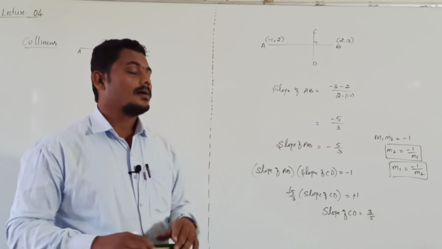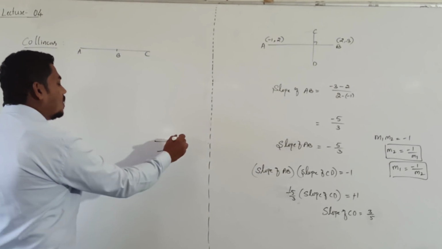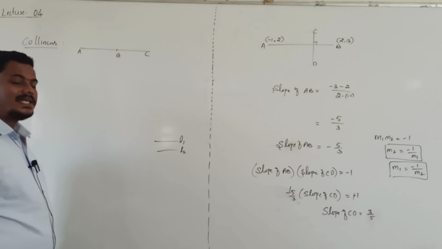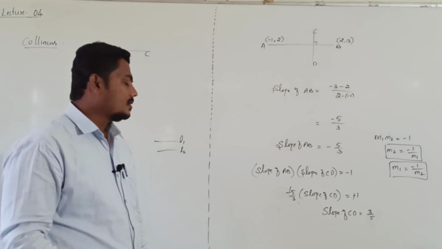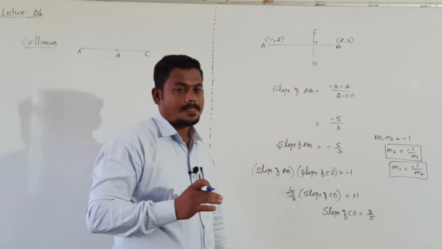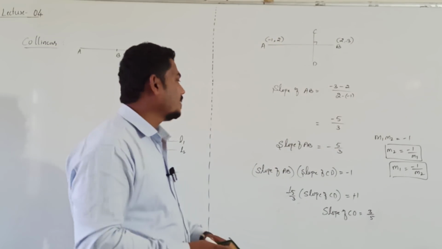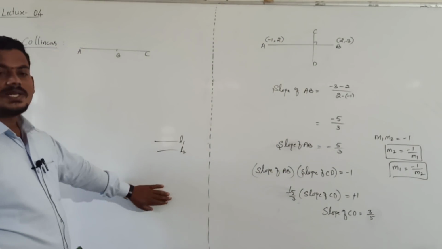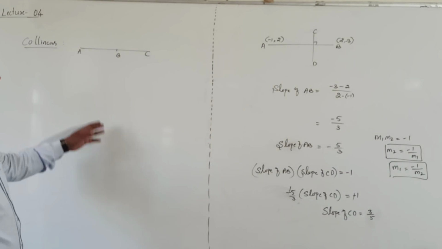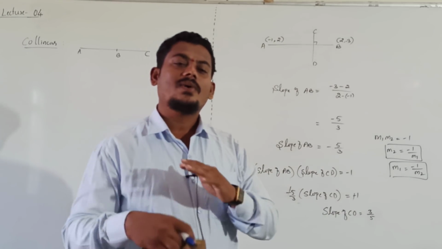Parallel means angle between them is 0 degree, or these two lines may be coinciding. If these two lines coincide, then also we can say that they are parallel. Coinciding lines, overlapping lines, then also lines are parallel. Means 3 points A, B, C are said to be collinear means two lines are coinciding. Coinciding means parallel. Then what about their slopes?